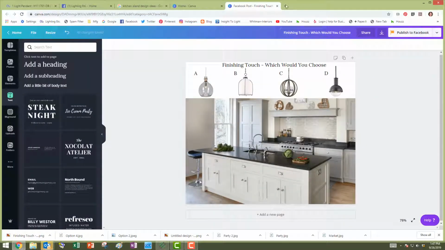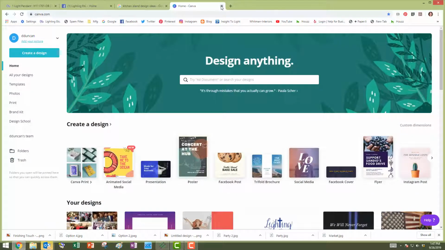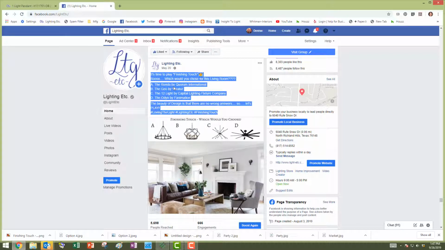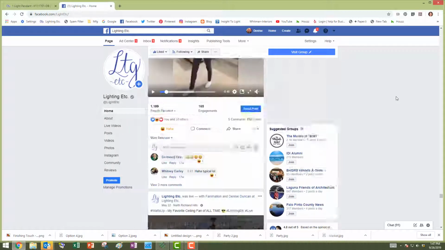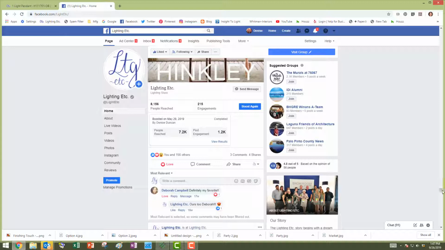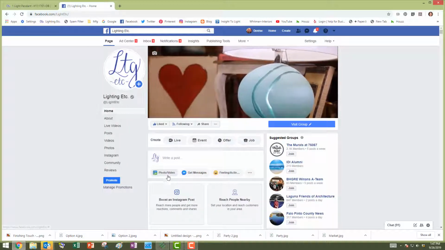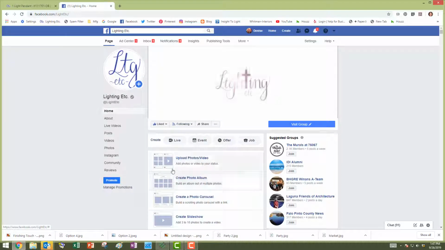Close this. We can now close Canva, close our search, and come back over here to our page. Now, I've done this post before, so I am going to just copy my content at the top of this picture, and I'm going to right click and copy. But what I'm going to do is come up here to the top of our page, because like I said, it's been about 3 months since we've done this game,